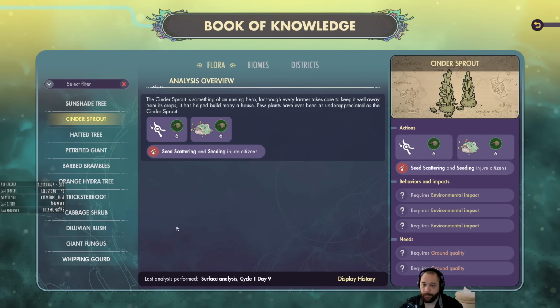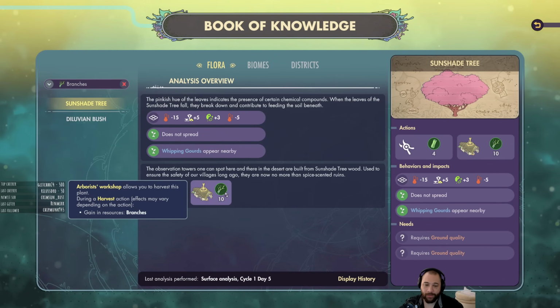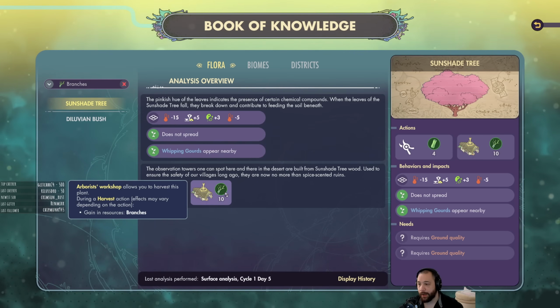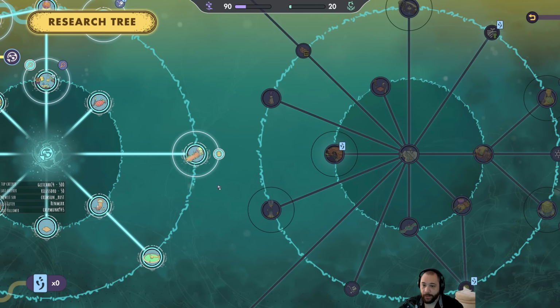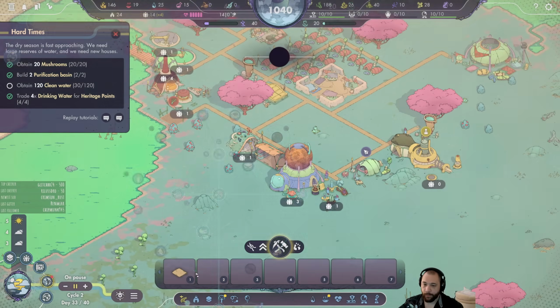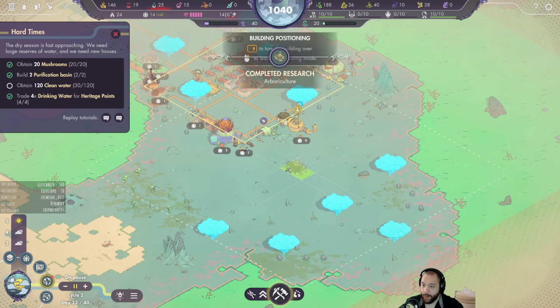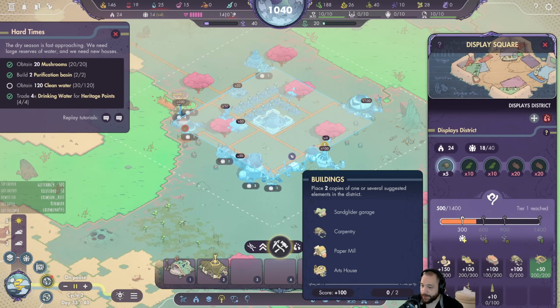So, consulting the Book of Knowledge, we want branches. One way to do it is to use an arborist workshop to harvest the sunshade trees for branches. So, to that end, let's go and get the arborist workshop, which is up here, and get one built. And I'm going to build it, let's see if there's an adjacency bonus for our